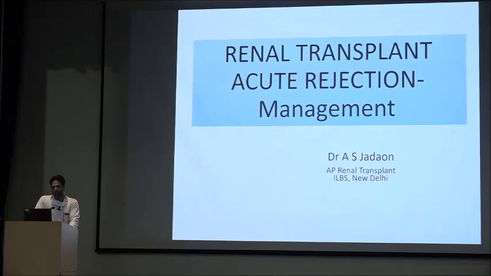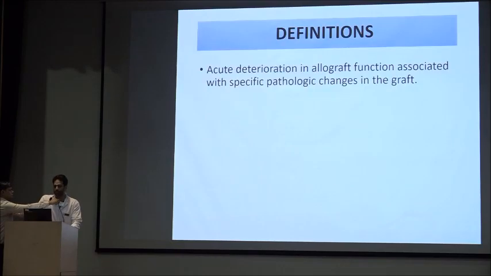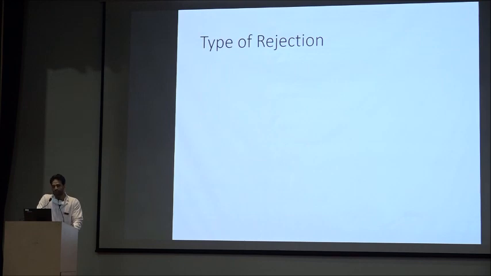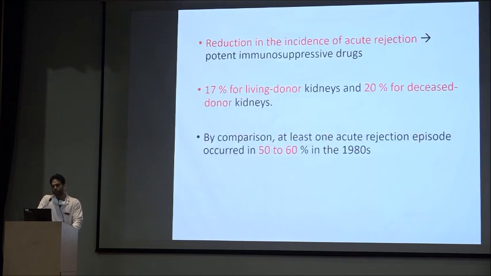Everyone. So, renal transplant acute rejection management. Any acute deterioration in allograft function associated with specific changes on pathology. Types will be hyperacute, acute and chronic. Though due to potent immunosuppressive drugs, the incidence has reduced from around 17% in living donors and 20% in deceased